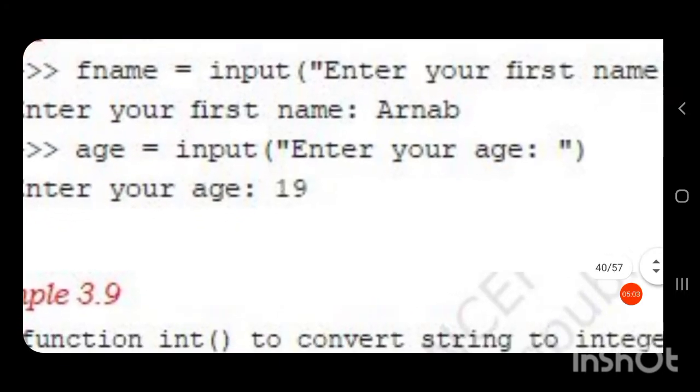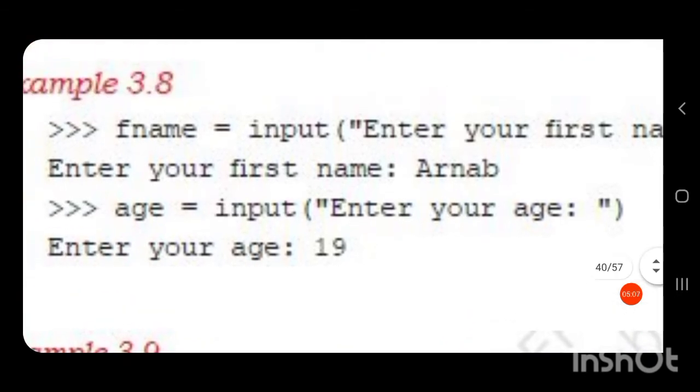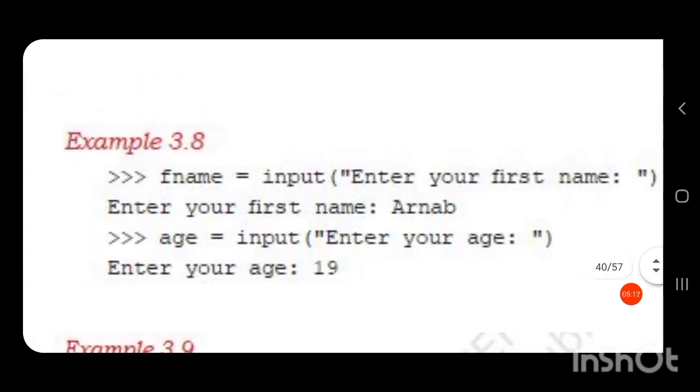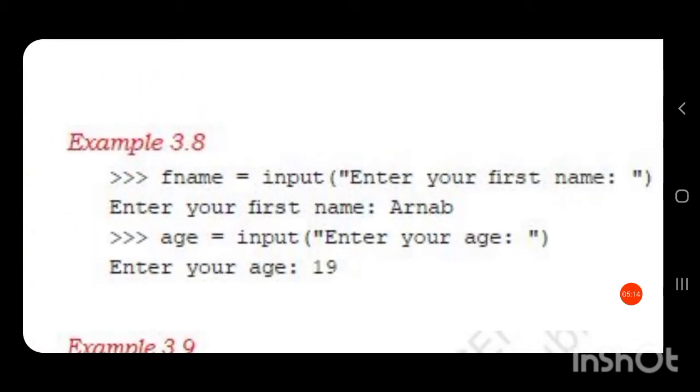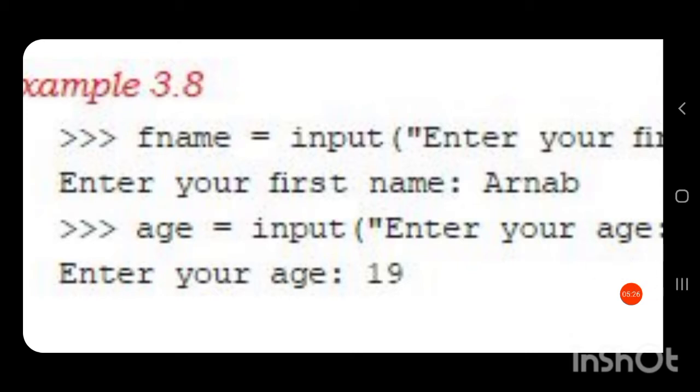Another example, age. Age is a variable. So what happens in f name equal to input, enter your first name? The input function will receive the input. What is the input given? Arnab. Arnab will be assigned to the variable f name, which is on the left side of the assignment operator.